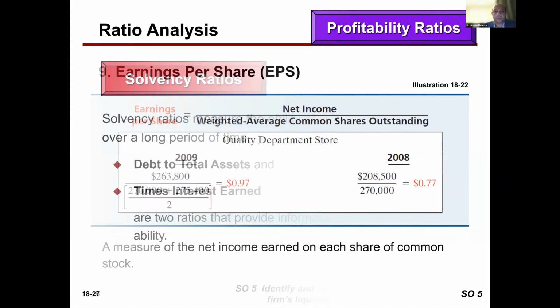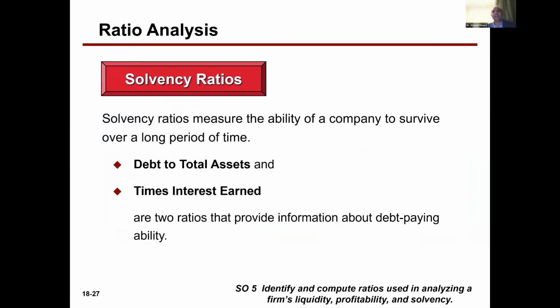We had earnings per share. The last section is the solvency ratios. Solvency ratios, this is very good if you would like to survive for the long term, for a long period of time. We have,